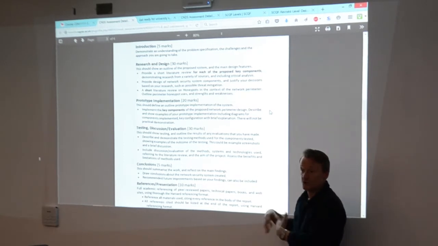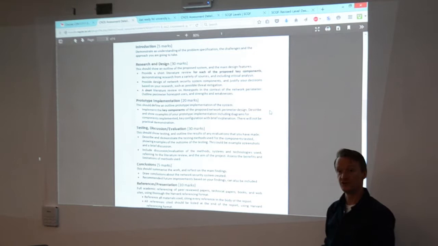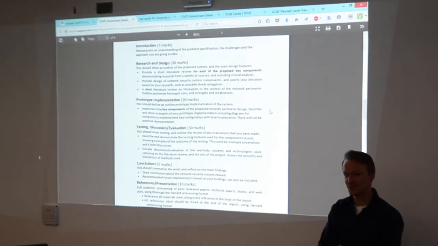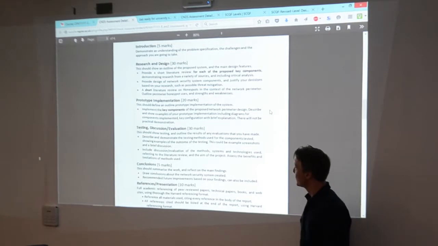Maybe this sounds too straightforward, but so many times when we get our courseworks in, they're all over the place. They make no sense. They don't align to anything we've asked for. They don't have the right level. There are no references cited, or no references listed at the end, or various things like that. So just try and be thorough.